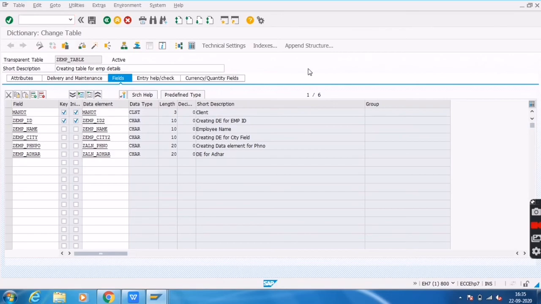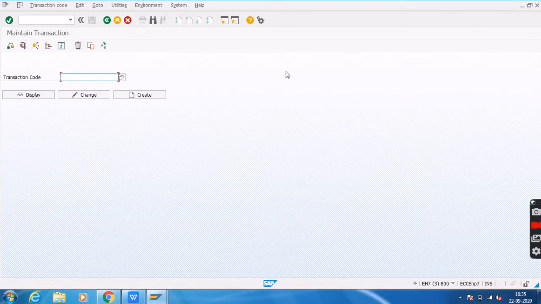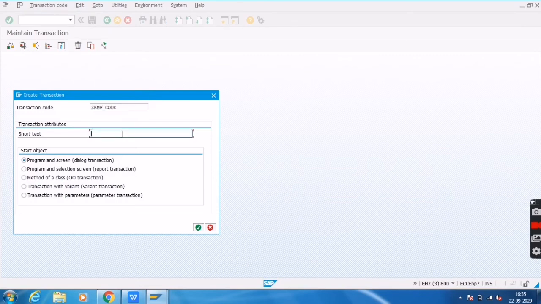Now I will go to the SE93 transaction code to create a custom T code. ZEMP. Simply creating a T code for the EMP table. Select this one.